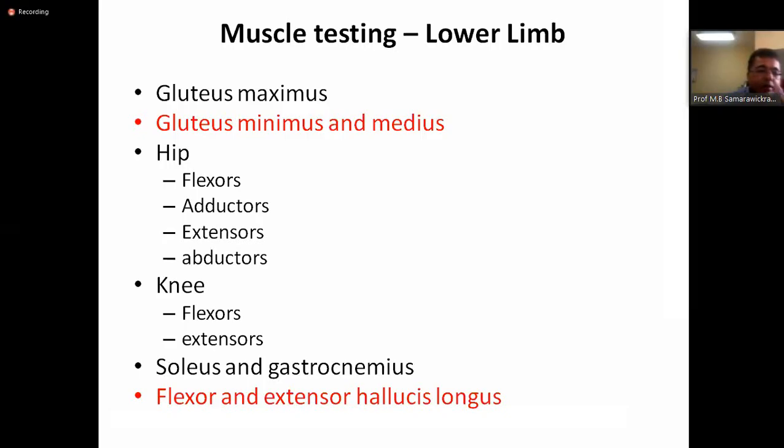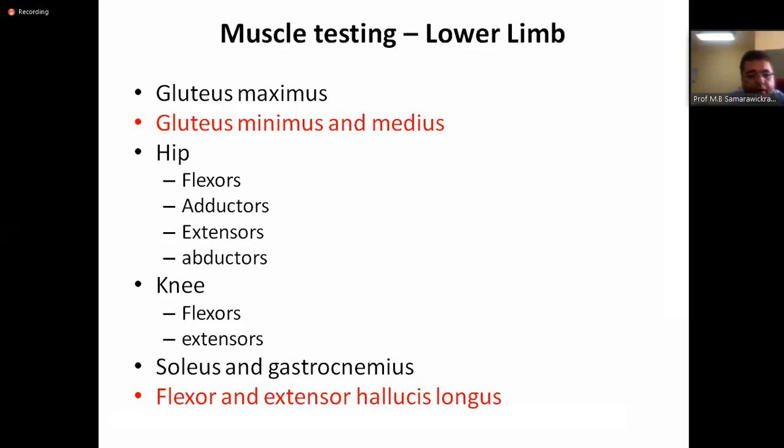Another simple method is testing the function of soleus and gastrocnemius. We can ask the person to stand on tip of toes, right? So if the soleus and gastrocnemius are damaged or paralyzed, they will not be able to stand on tip of